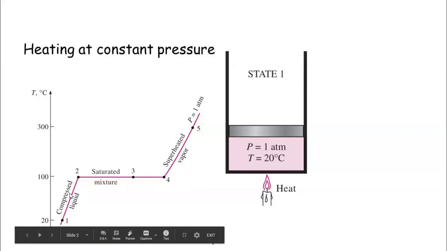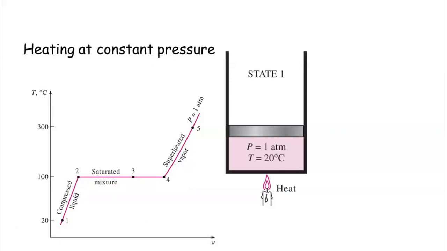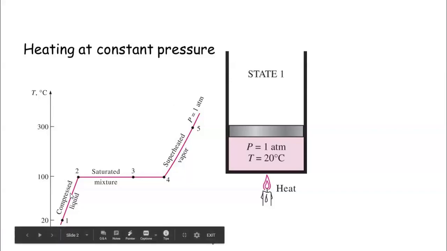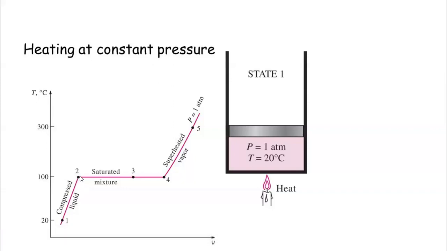Mind well, I am using the term saturation temperature. In layman's language, the saturation temperature is nothing but the boiling point. If we go on increasing the pressure, the boiling point would increase. This we need to understand. Please note that if you want to find the enthalpy at state 2, we need to look at the hf value from the steam table, which is the specific enthalpy of saturated liquid. If you want to find the enthalpy at state 4, we need to look for hg, that is the enthalpy of dry saturated steam from the steam table.